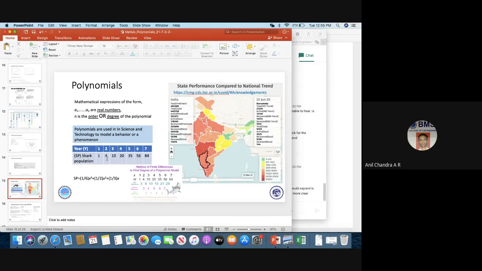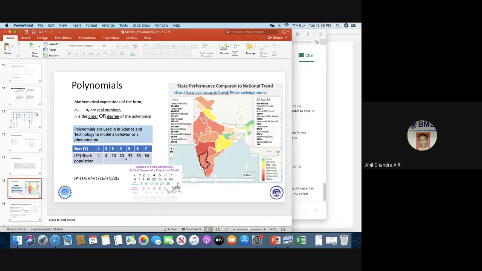For example, this is data that I found very interesting in a study where they did a head count of the sharks. After every year, they found that this was the number of sharks in that particular water body. Now, you would want to fit an expression for that and predict what could happen in the 8th year, 10th year, 15th year, presuming that it follows the same trend. There could be a disaster, some kind of sudden stop in the activity that's beyond the prediction. There are also predictions for that model, but hoping that this is the trend, you can predict for the 8th year, 10th year, and so on.